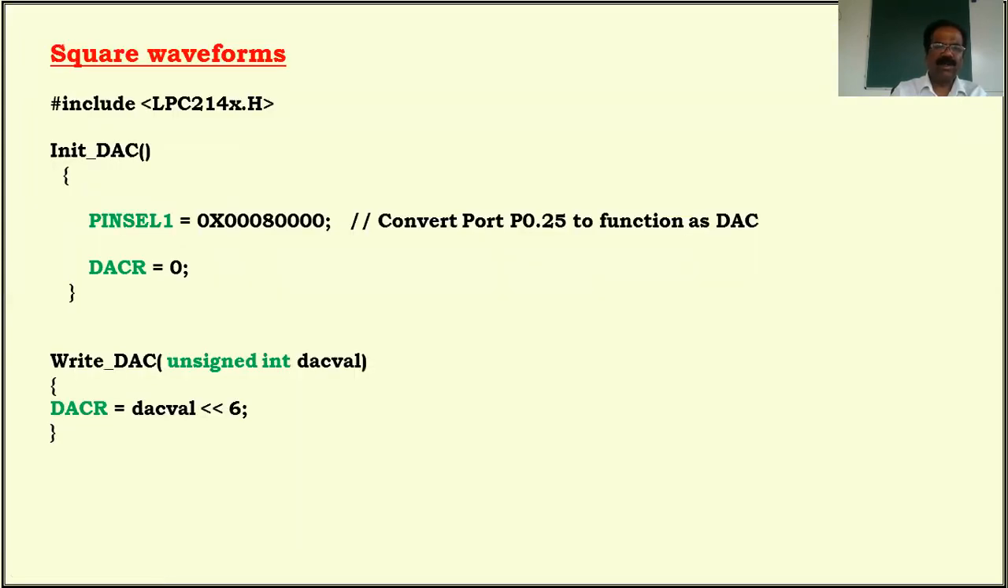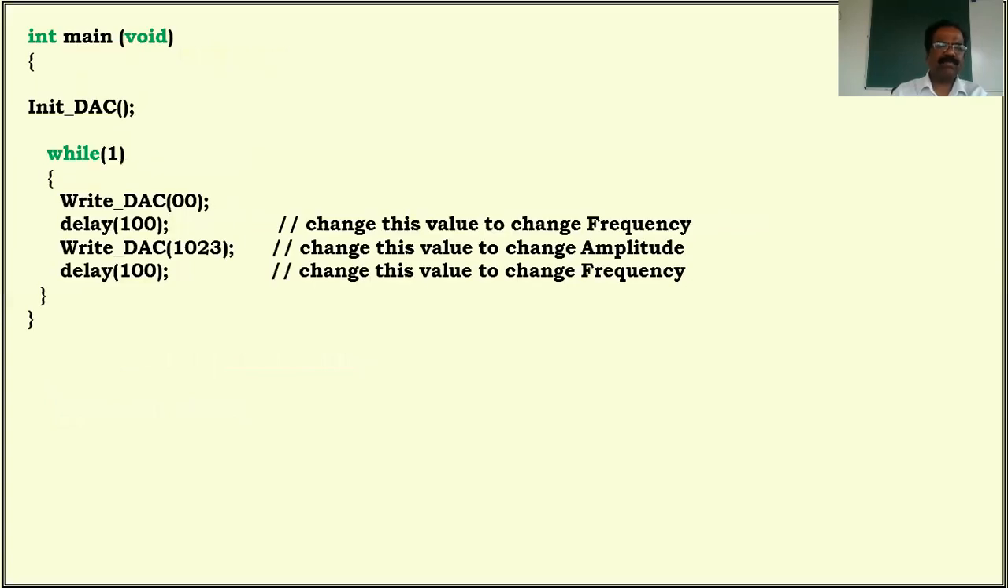That is 0 volt. Okay, that job is completed. Then provide delay. This is off time because I'm sending 0, no? That is nothing but low. That is off time. We can say T off. Then write DAC